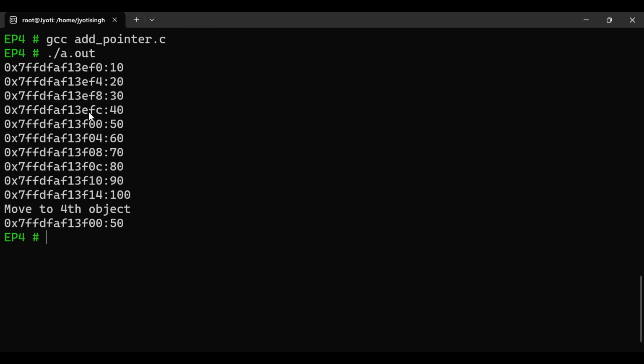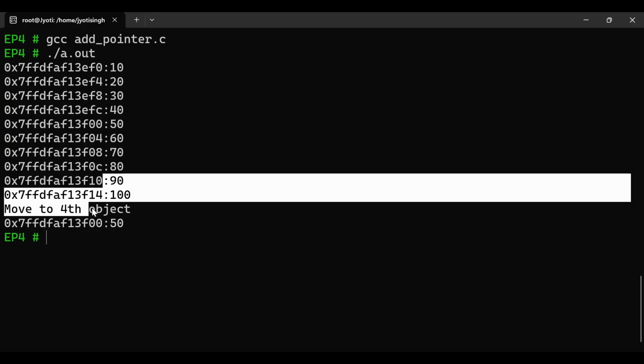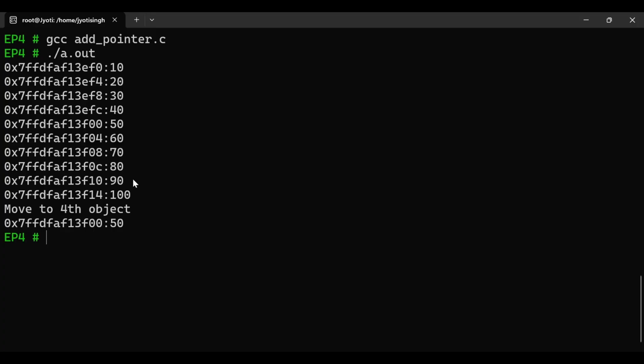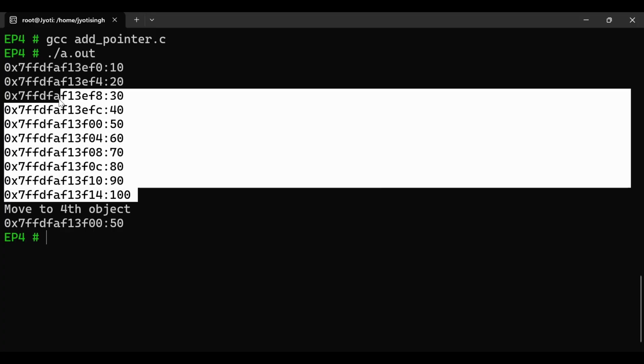See the difference in memory. This is at F0, then 4, then 8, then C is 12, then 0, 0, 16. So FF is 15, moving to the next byte, that is E, after that F. So F0, 4, 8, C, and then again to the next byte. After F0, F1, so 0 and then 4. So this is how the movement is occurring.